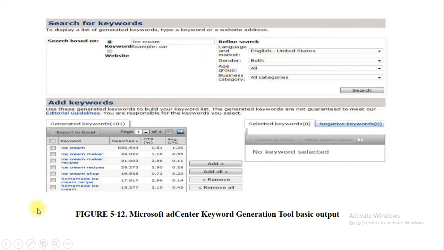Similarly, over here I have a negative keyword option in which I can give a list of negative keywords, so that in future, whenever it produces output, it will not show me the negative keywords listed over here. So this is a screenshot of the Microsoft Ad Center keyword generation tool.